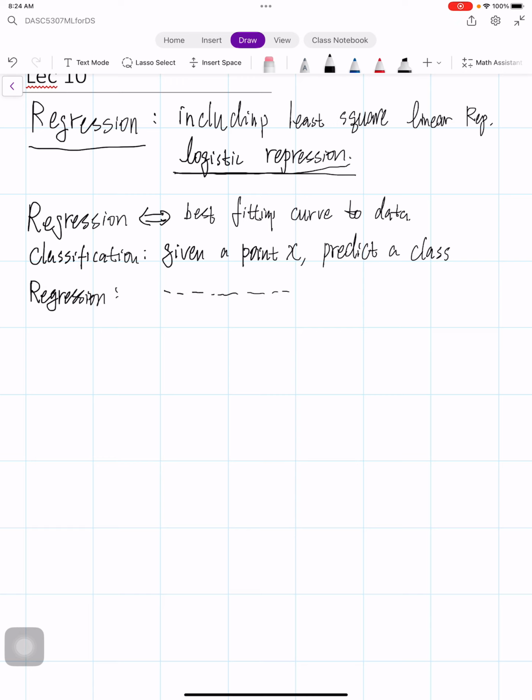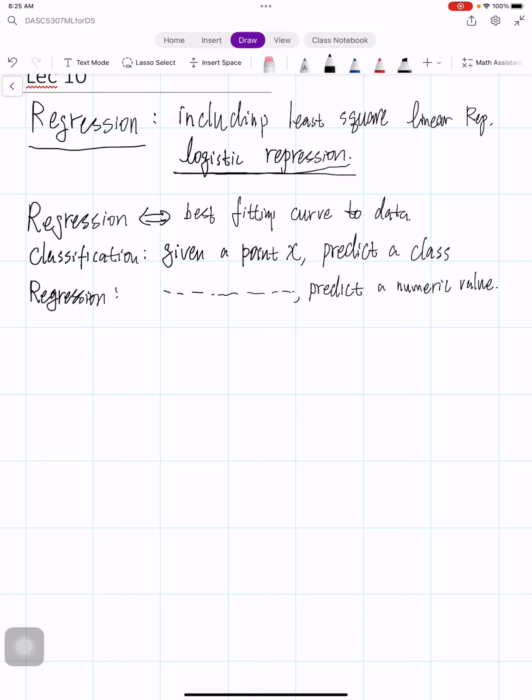Given a point x, we want to predict a numerical value. Okay, so in other words, the classification gives a discrete prediction, whereas regression gives us the quantitative prediction, usually on